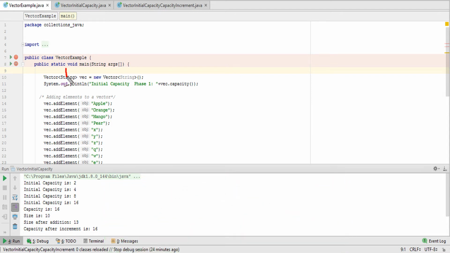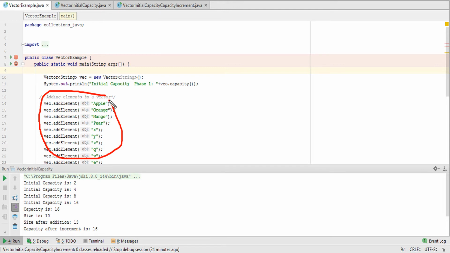This can also be omitted: if there is only a Vector and these angle brackets, then you can insert any type of values, like string, integer, decimal, float, any type. But as I have defined String in this case, I have inserted only string values.